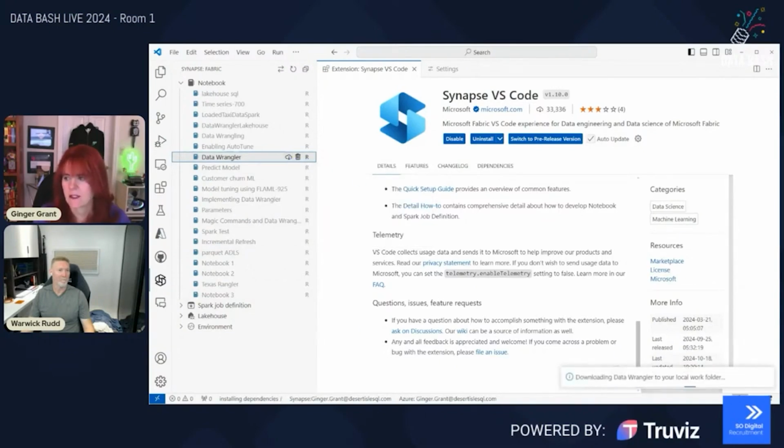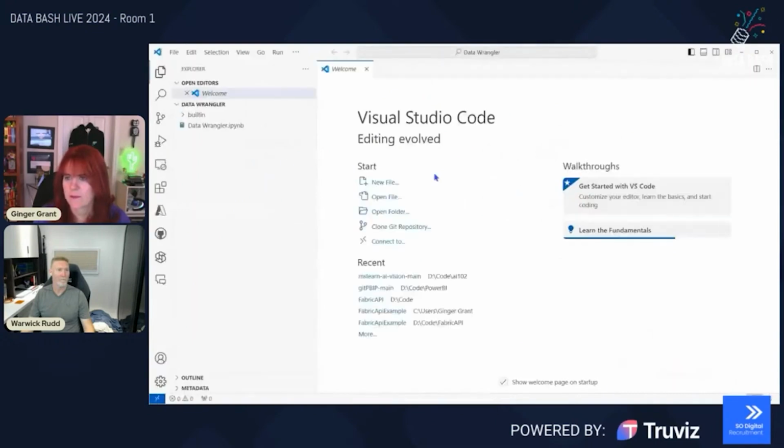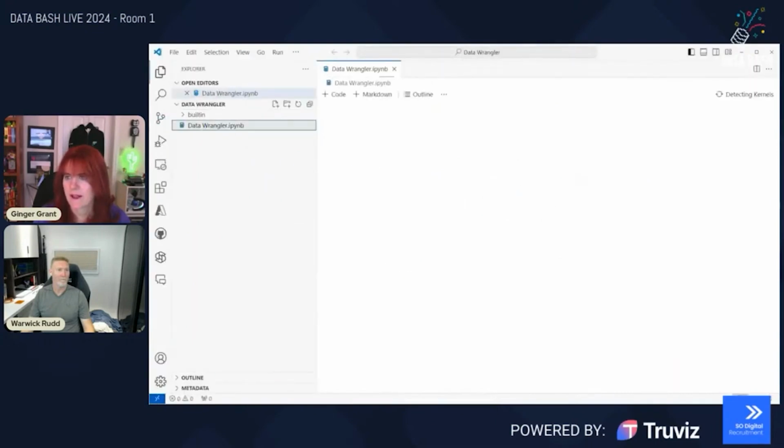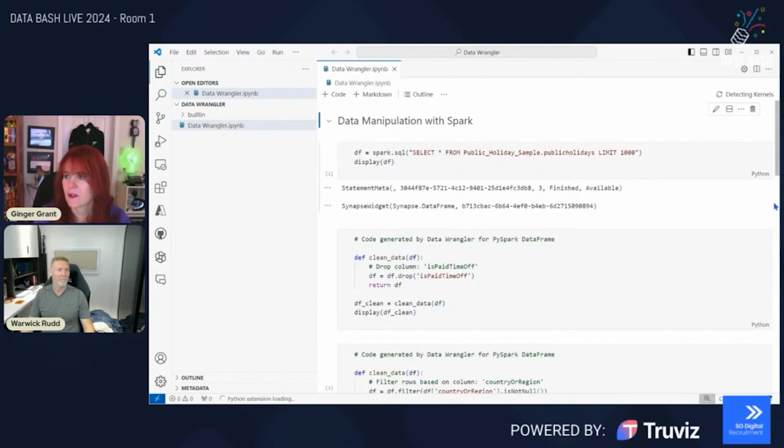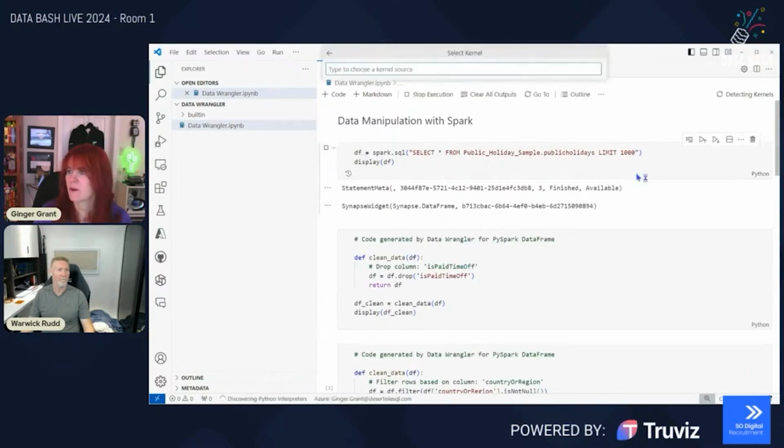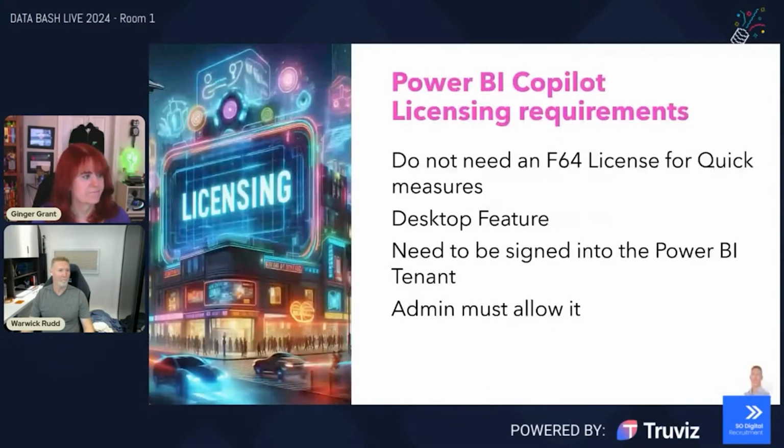It's downloading it to my local folder, and then I can just open that up. Now I can start using my environment, picking the right kernel and selecting everything that I need to be able to run this. So that's pretty much how you get started inside of Spark and VS Code.